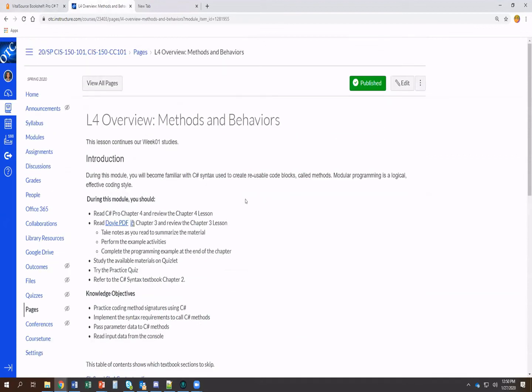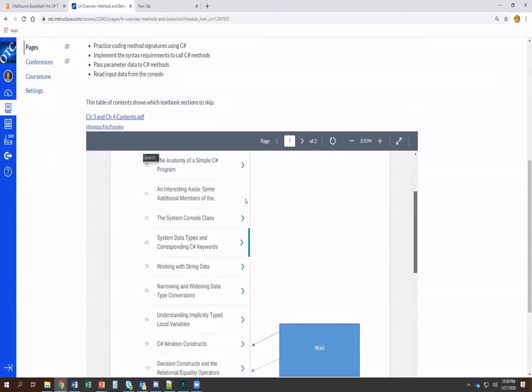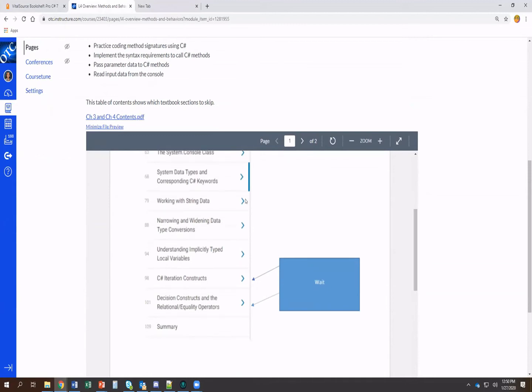At the very top of lesson 4 in the overview document, this is the overview that tells us what our reading assignment is for the week and all this great stuff. I added this little screen print of the table of contents from our textbook. And in chapter 3, there are these 2 sections that talk about iteration, which is looping, and decision making, which are if statements, that we are going to skip for now. We're going to come back to those in a week or 2,